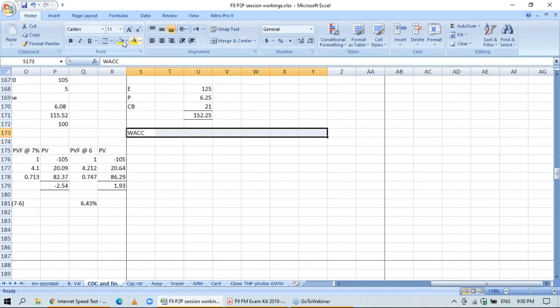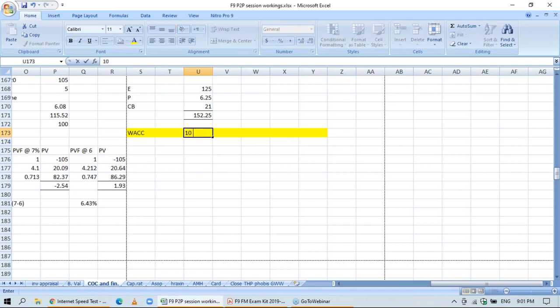So the weighted average cost of capital is now, first take the cost of equity. So the cost of equity was 10% according to the CAPM, multiplied by 125 divided by 152.25,